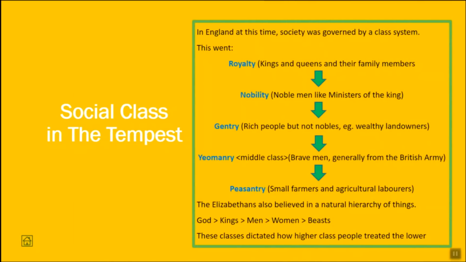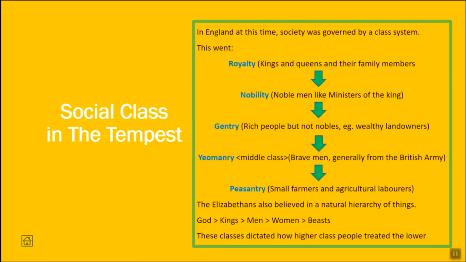Now, this is something very important. It is the social class in The Tempest. Now, in England at that time, society was governed by a class system. That is,